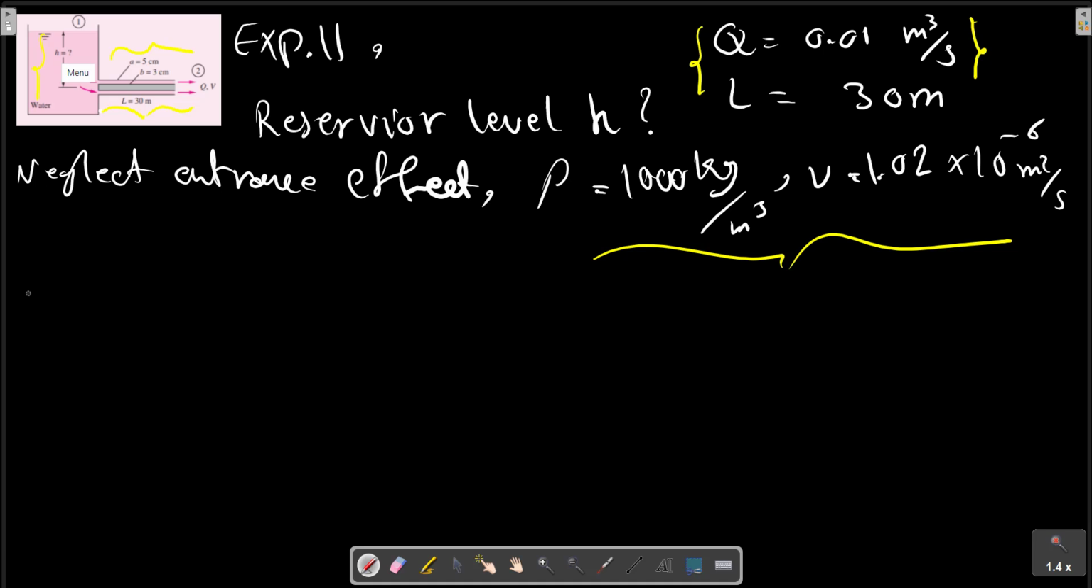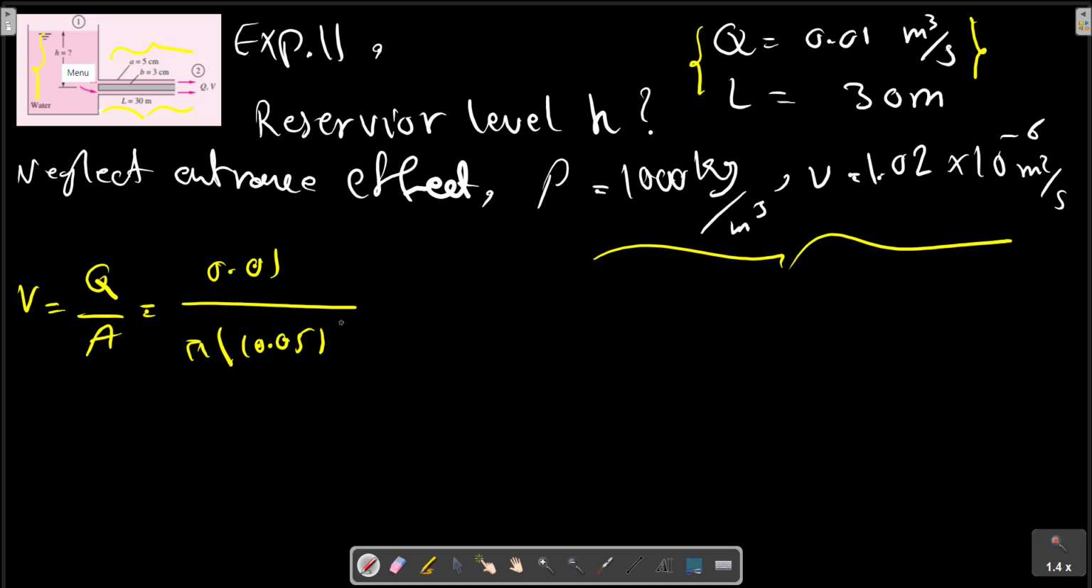Here we can calculate V equals Q on A. A is the cross section of the annulus pipe. So we can write on the cross section, which is... so V equals to,